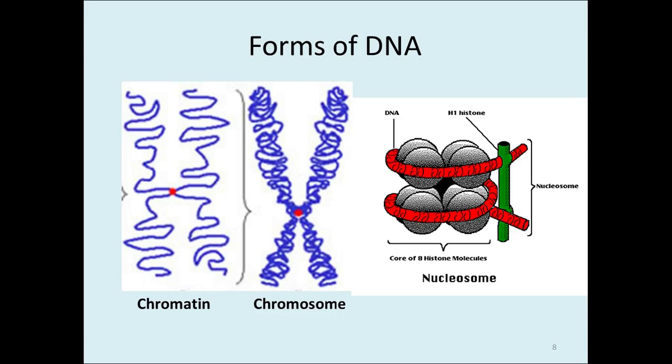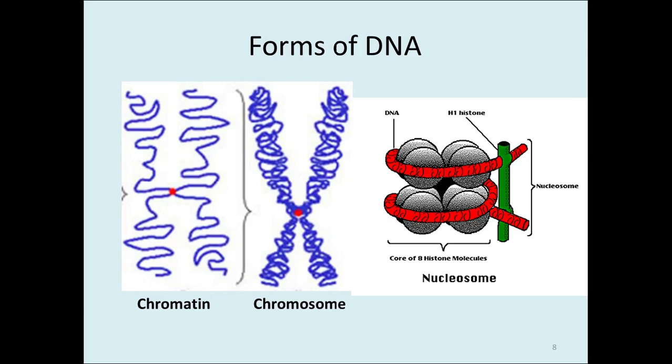Prior to replication, the chromatin will thicken and coil and become a chromosome. In order to keep the DNA from getting tangled up as it compacts, small sections of chromatin are wrapped around groups of 8 histone proteins, which are then attached to a nucleosome core, and the entire thing is called a